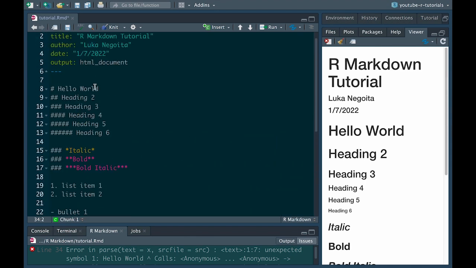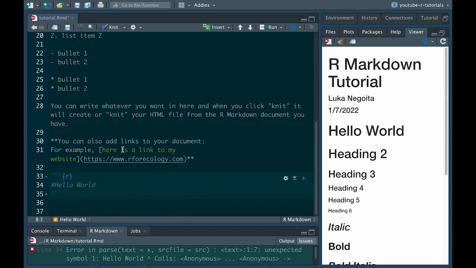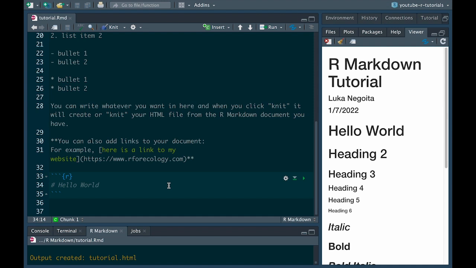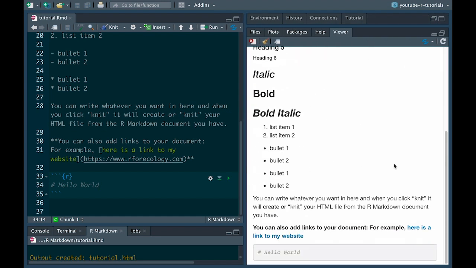Keep in mind, this is not the same thing as this here, which tells you that it's going to turn the text into a heading. Instead, in R, when you use the pound sign or the hashtag sign, whatever you type after that hashtag is commented out, meaning it is not run as actual R code. It's run as a comment. So now if we knit this, take a look at our document as it's coming along, boom, here we go. We have a little chunk of R code, and all we have in this R code is a little comment, hello world.